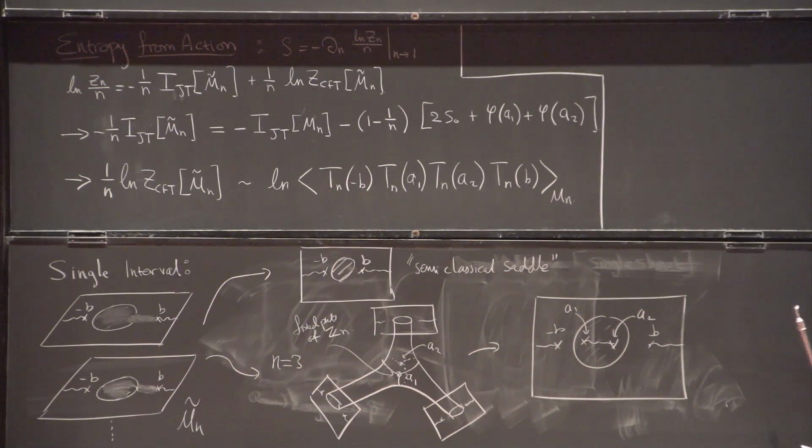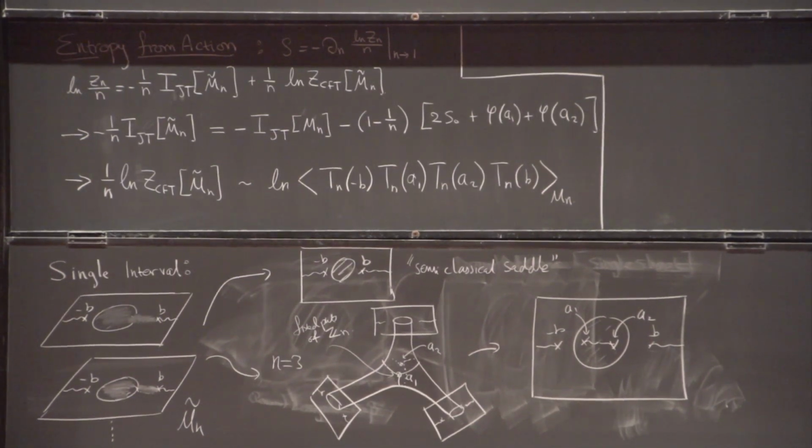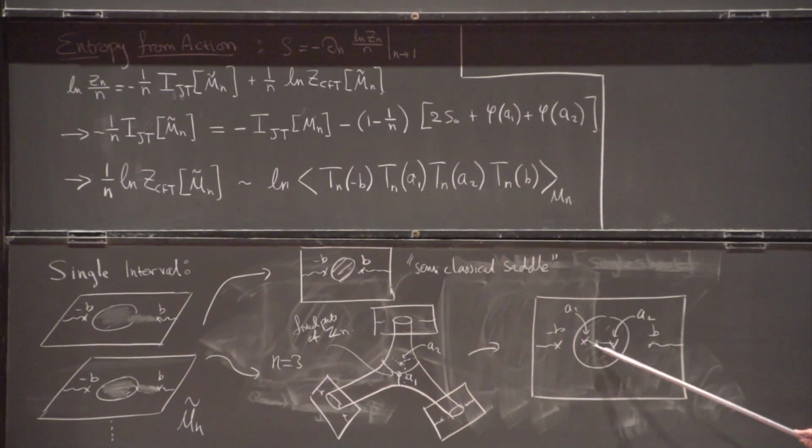Now, solving the equations of motion for this action for general n is pretty difficult in this model. The main complication comes from the fact that here we need to glue two CFTs, one inside the disk and one outside the disk. The procedure of doing this requires solving what is called the conformal welding problem, which I don't have time to discuss. And therefore, we can only solve this model perturbatively, either in n-1, working near n equals 1, or perturbatively